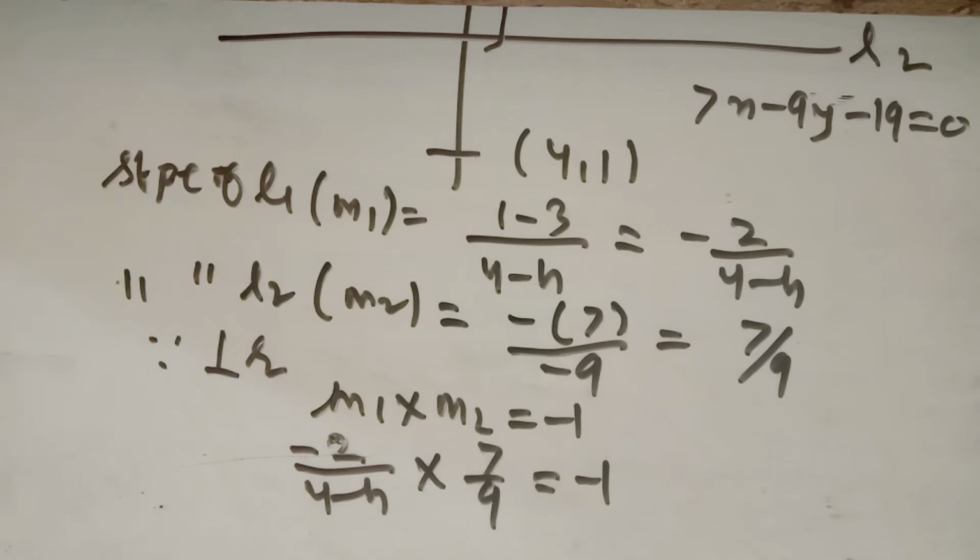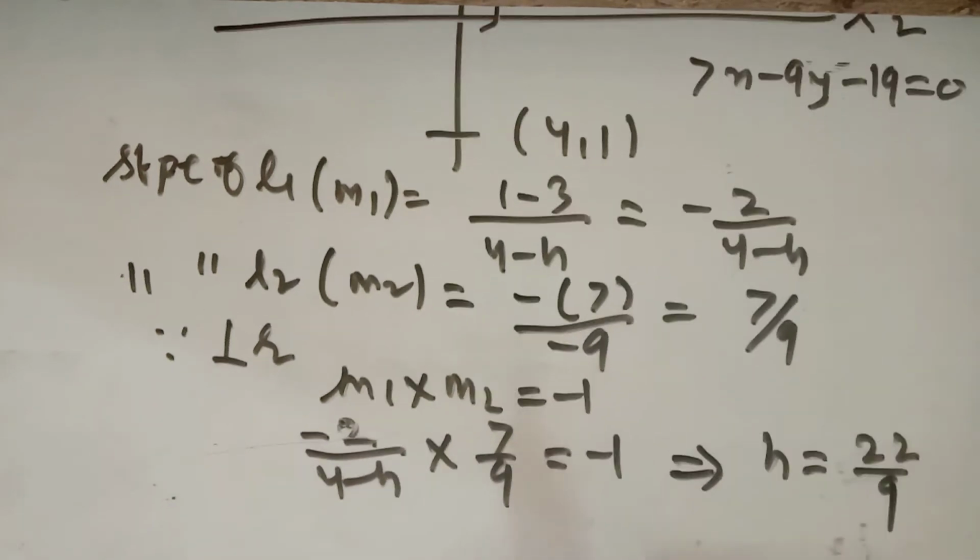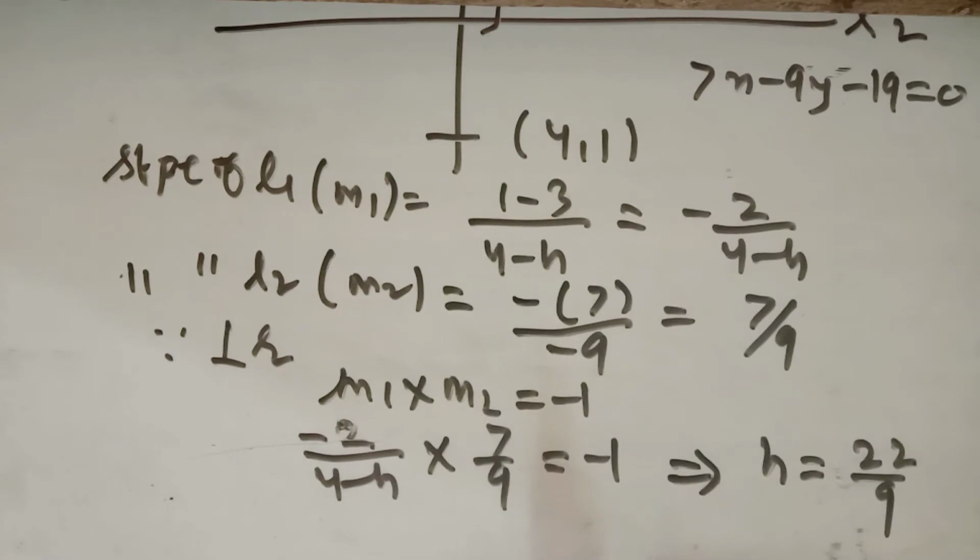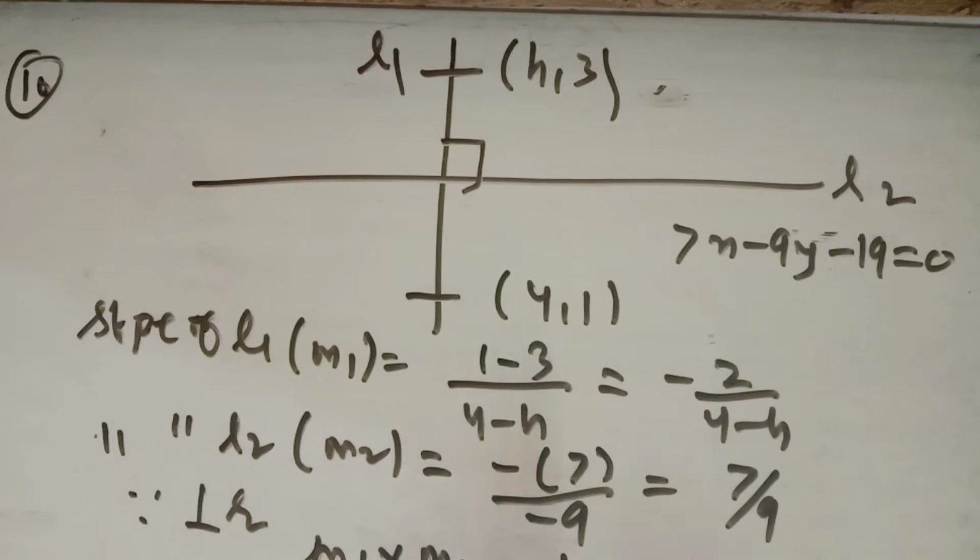You will get the value of h as 22 upon 9. So this is the question number 10. Now question number 11 is just the same as the question number